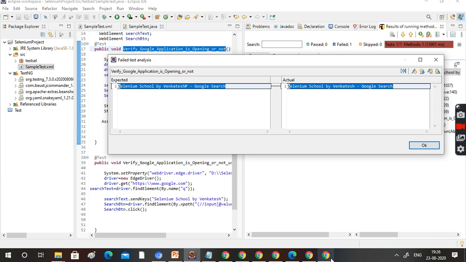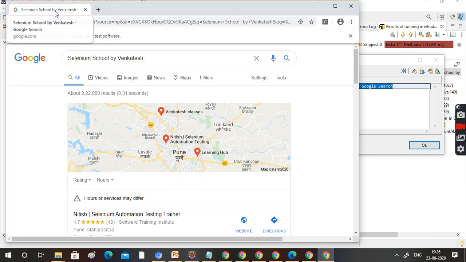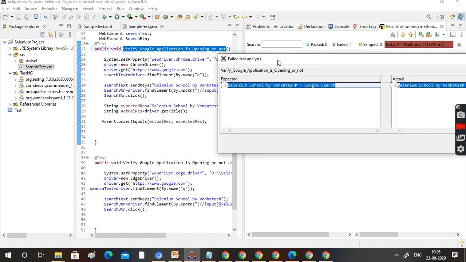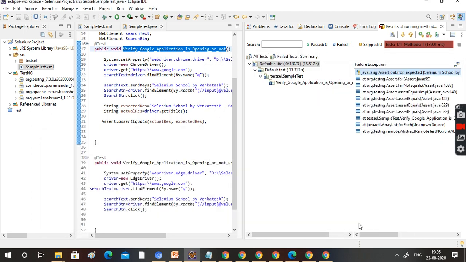It is coming from the driver. And from whom is this expected one provided? From our script. So this is what testing is: the mismatch between the actual and expected result.